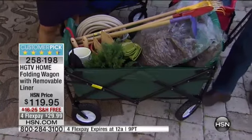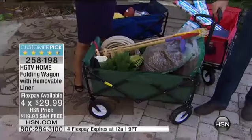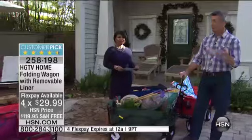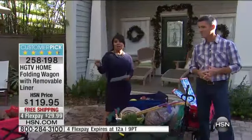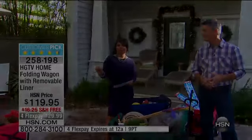Those wheels are going to work whether it's on the grass or on the pavement, the gravel, because it's high off the ground. It really is such a useful wagon. It looks good, and then it folds up, most importantly. Okay, so your solid colors are going to be in the forest green and in the red, and then in the prints, we have the print that's done in the blue navy, and then the other print that's done in the